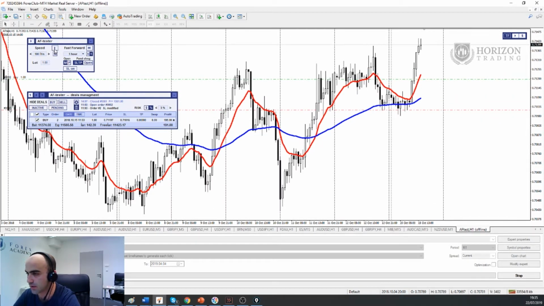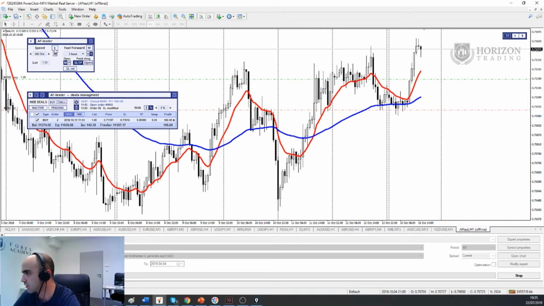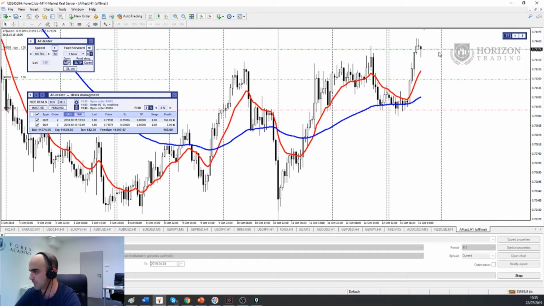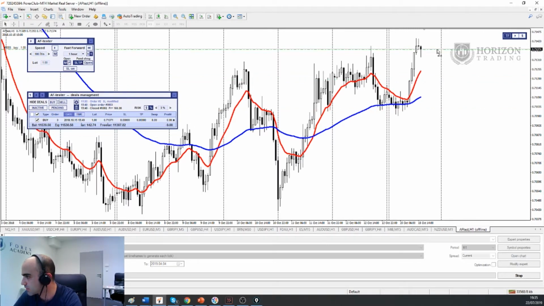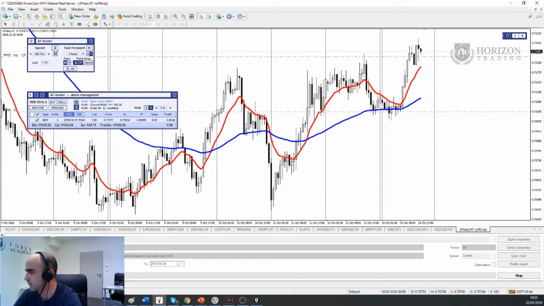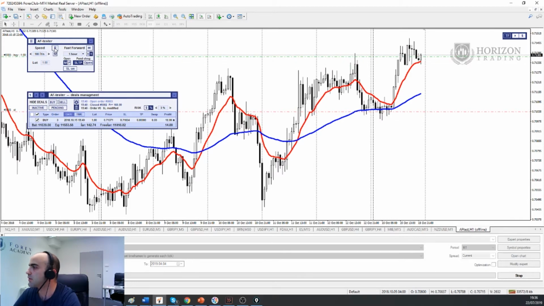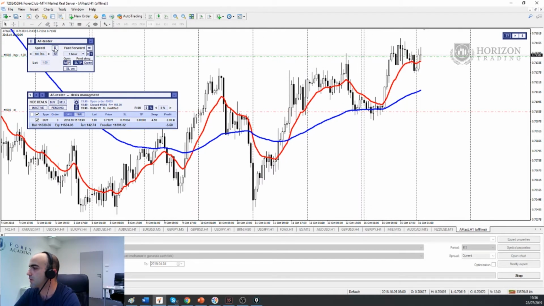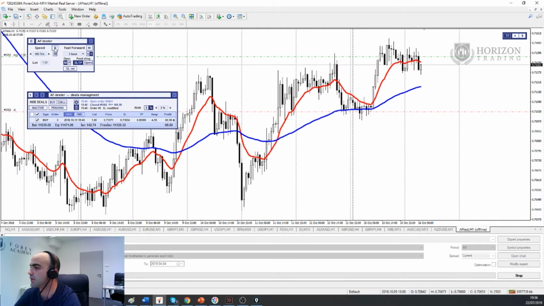So here you can see we already have $200, and I believe this is a good trade which I would like to close possibly and open another one on top and put my stop loss at break even over here, stop loss at break even as well. So let's see, let's move on. You can see that the two moving averages are very far apart from each other and still holding up on that level.